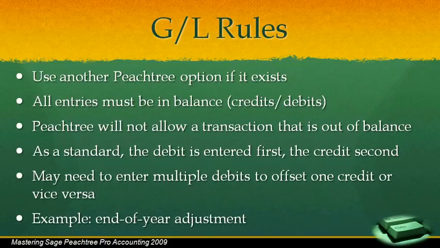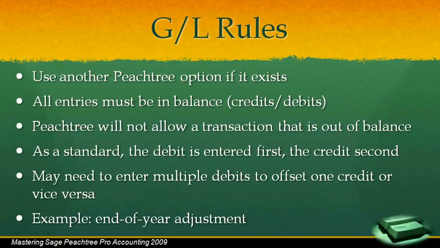If we remember back to our basic accounting 101, we remember that everything that we do in accounting actually goes in and affects the general ledger or the general journal. You can refer to it both ways. What we also have to remember, though, is that you shouldn't need to make general journal entries that often in Peachtree. Usually there's another, and dare I say, even better way. That's what Peachtree works so hard to do for us, to keep the accounting behind the scenes and let us